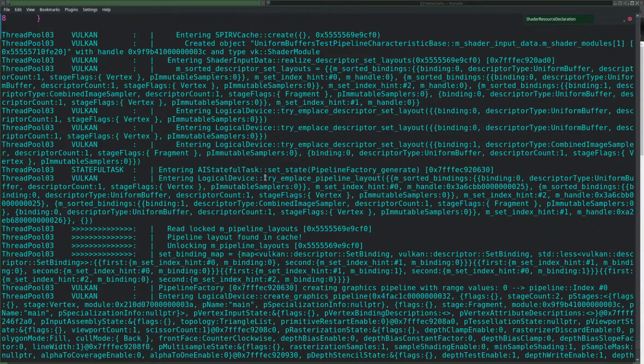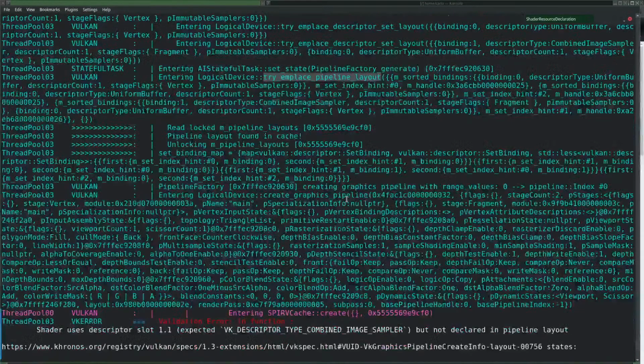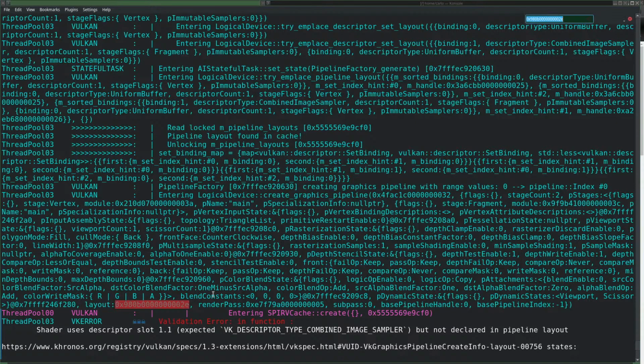I think it would be more safe. Just want the bloody handle of the pipeline layout. Here's the layout. I'm blind, as usual. Okay, that's that thing. Let's highlight it.